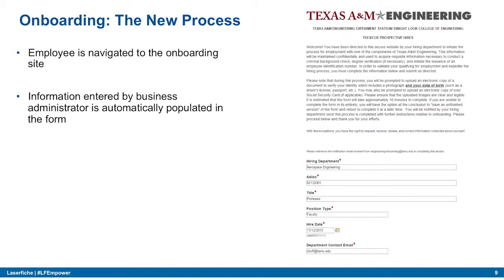They're navigated to our onboarding form, which will autofill all of the information that was on the initial form that was submitted by the business administrator. And they will then fill out other information on the form, such as biographical information, any previous names they might have had, like maiden names, things like that, anything we would need to do those background checks. They will consent to those background checks,